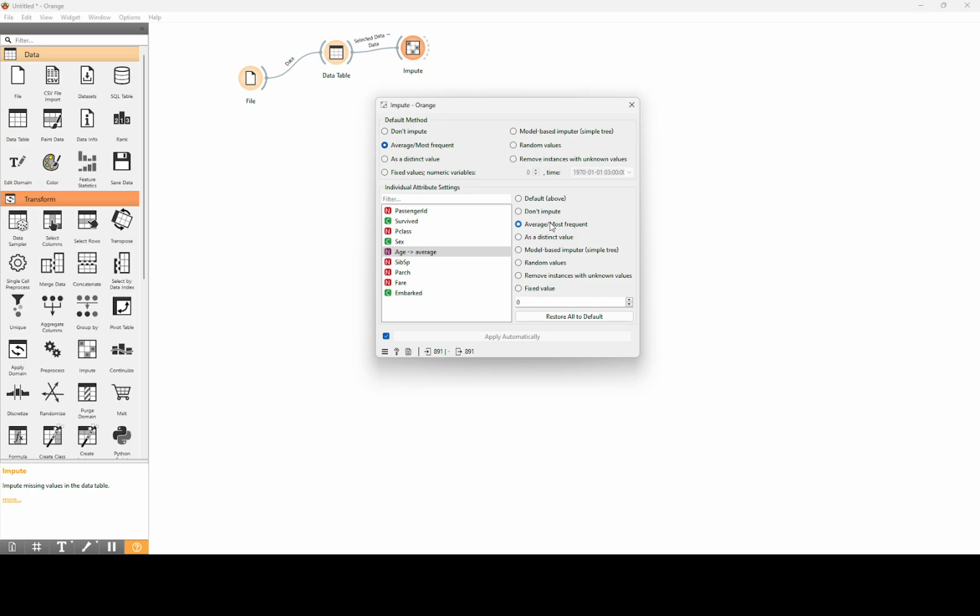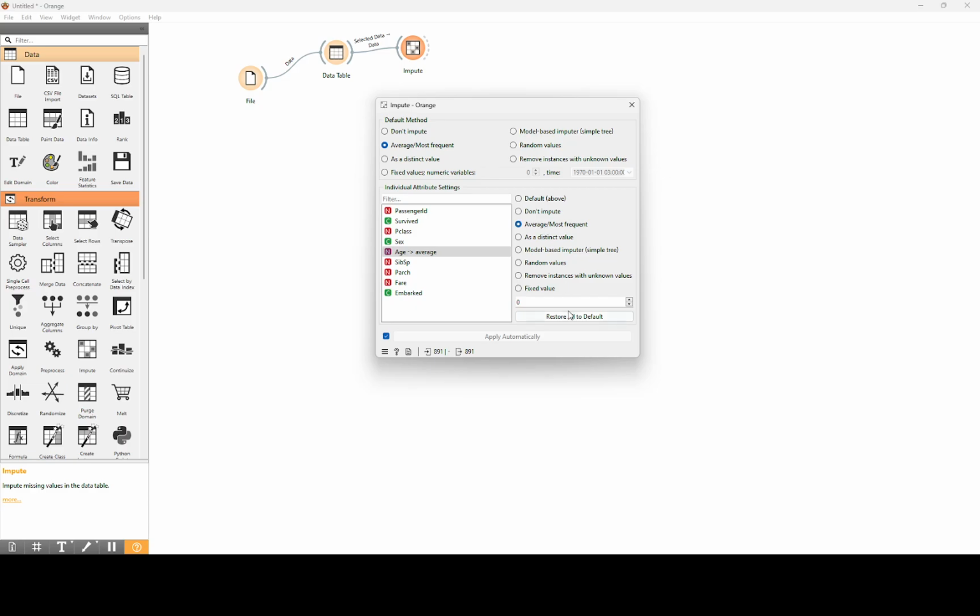One option is to remove those instances with unknown values, or another option is to use some random value, or we can use some specific fixed value. It's a good idea if we use the average value rather than any other option.